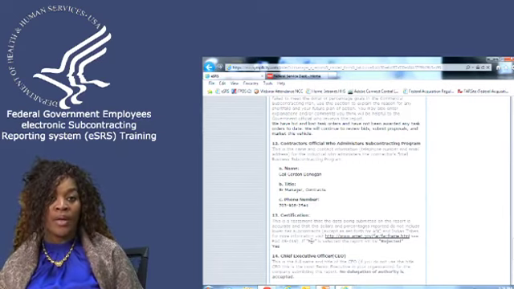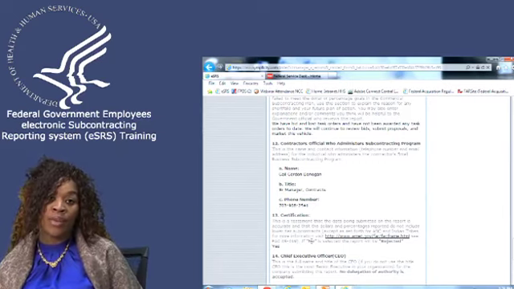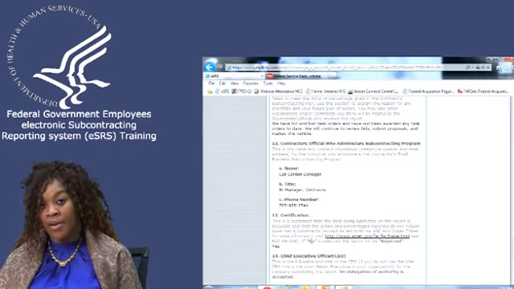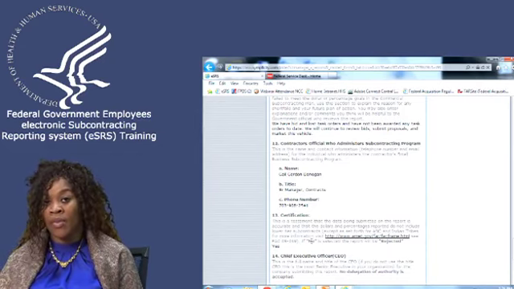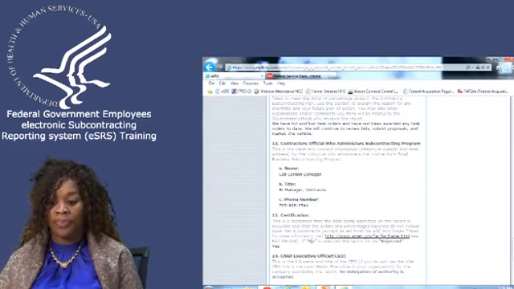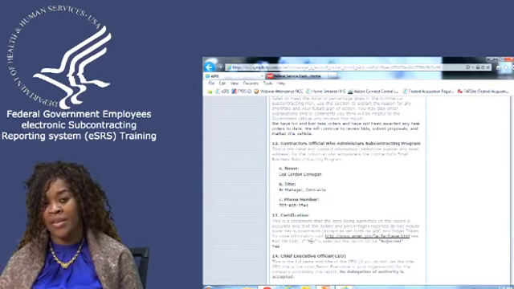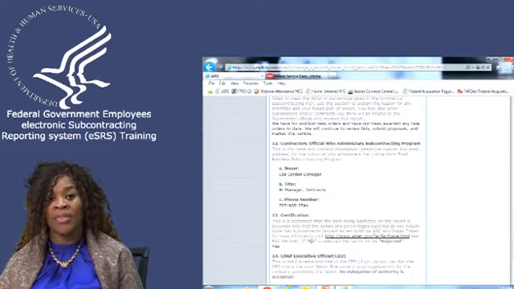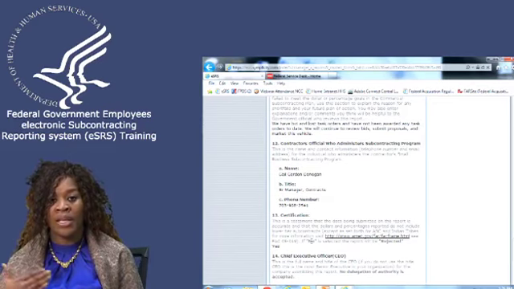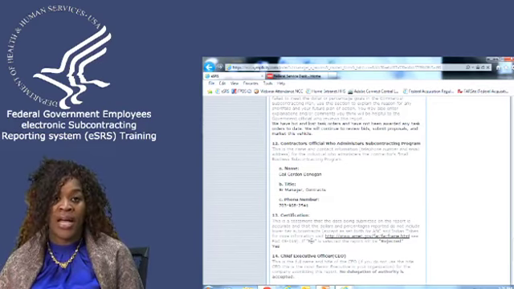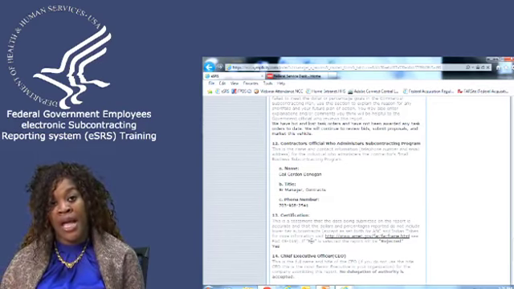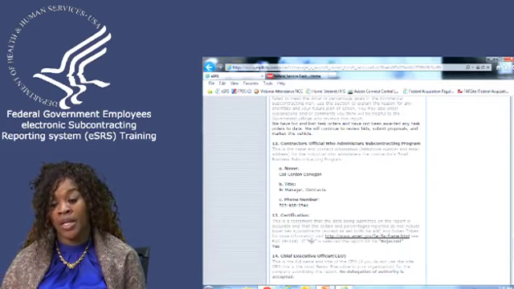If they put no here, instantly you need to reject the report, because if they don't want to certify that their data is correct, then there's no need for us to review it. In this case, they certified that their data was correct because I'm sure they think that they're reporting correctly, even though we now understand that they are not, and they need to be educated in how to report their subcontracting